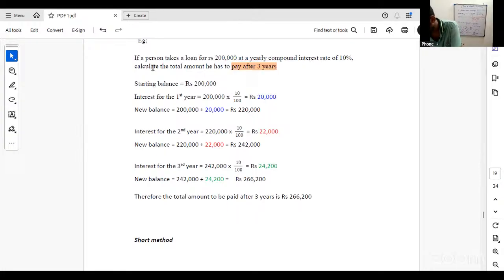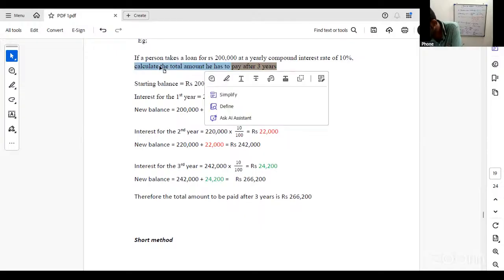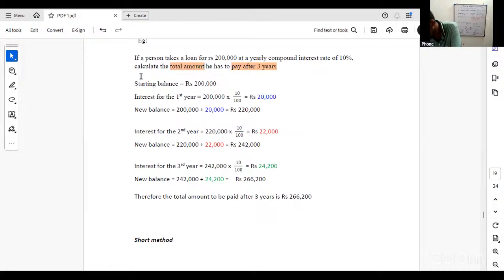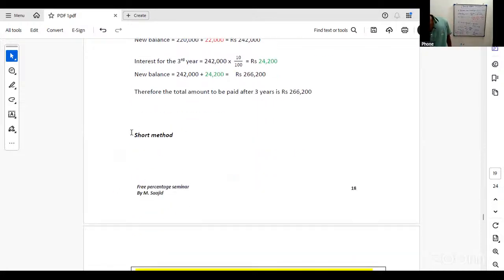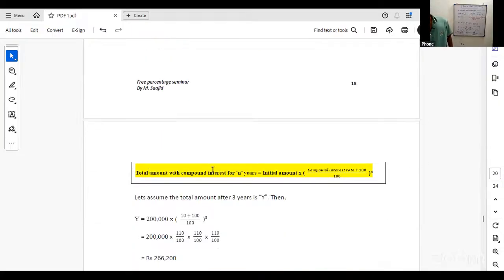Now they ask us to calculate the total amount he has to pay after 3 years. We found it, but this one needs a long procedure. There is a very short method, and that short method is this box which I've highlighted. How is it? The total amount he has to pay